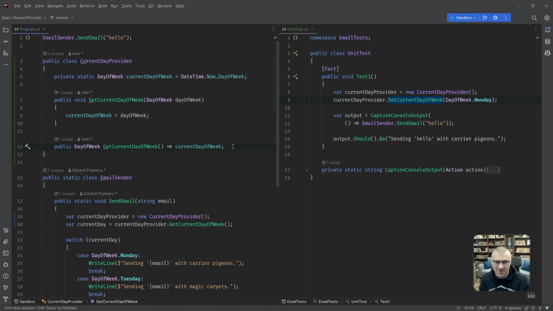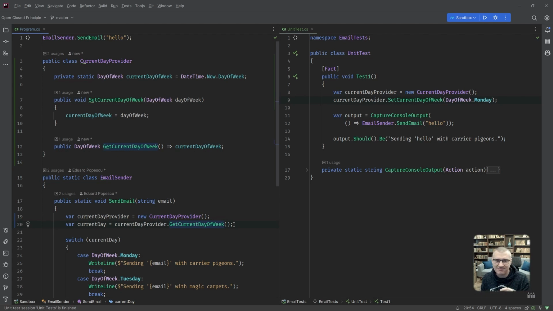But here's an interesting thing. The field remains static. Now, that means we can create as many instances of this thing as we want all over the place. But if we set the current day and we get the current day, all of us, we're going to modify the same location in memory.